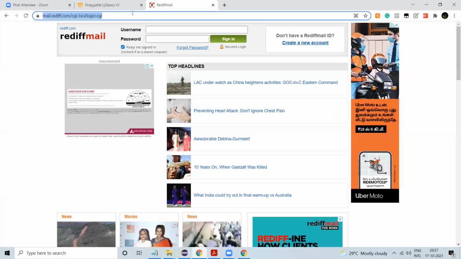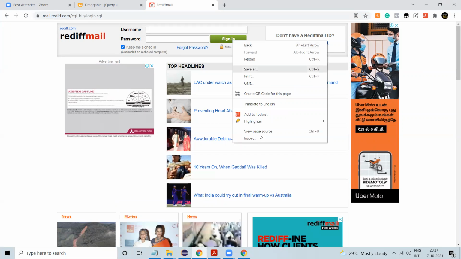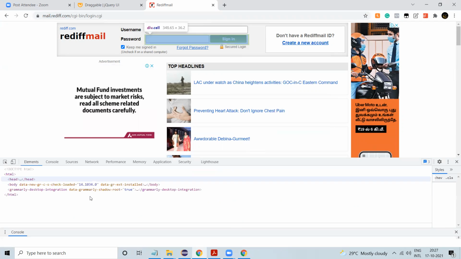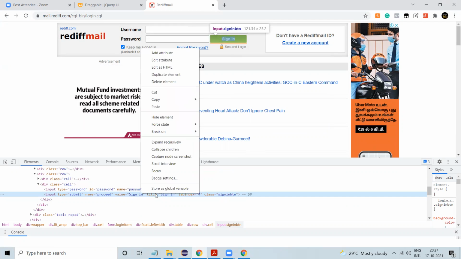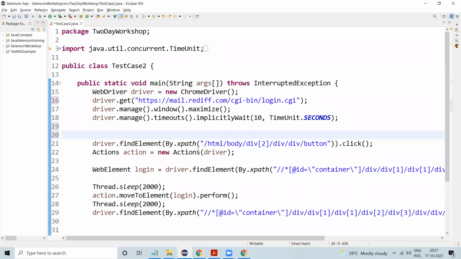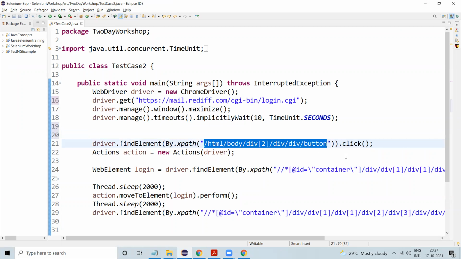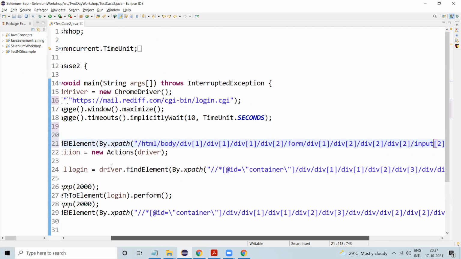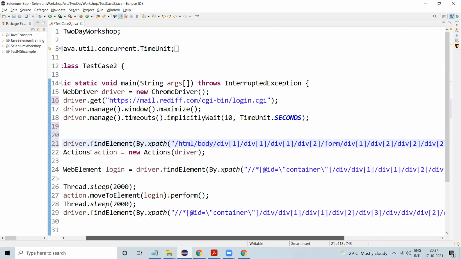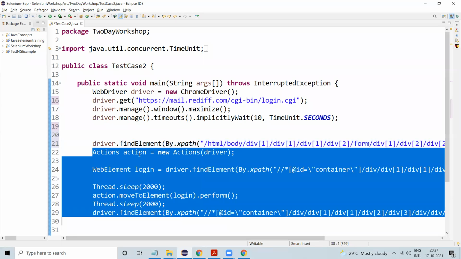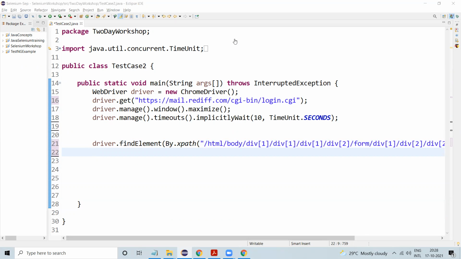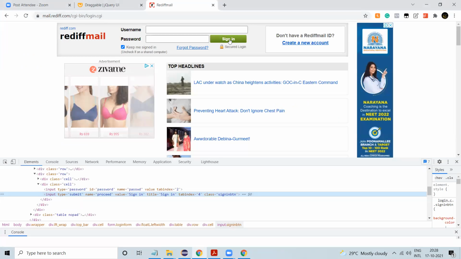Till that, fine. Now what we need to do is select the sign in. So we are finding the element and clicking on the button.